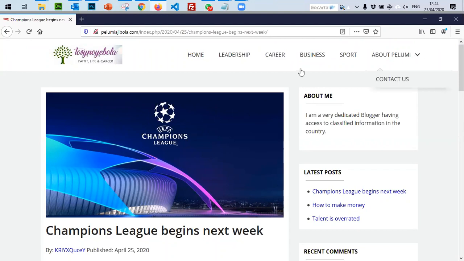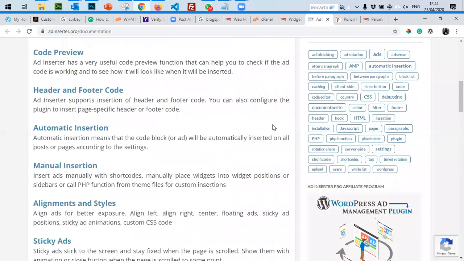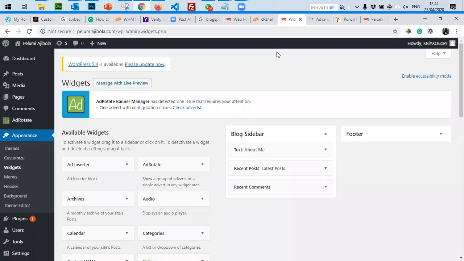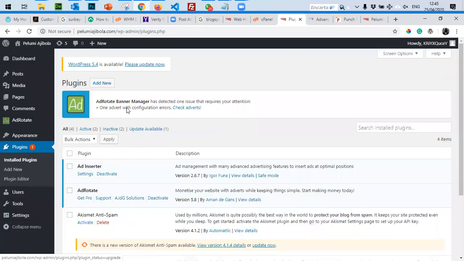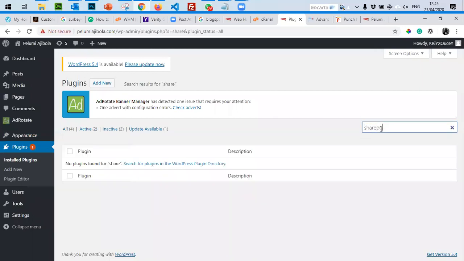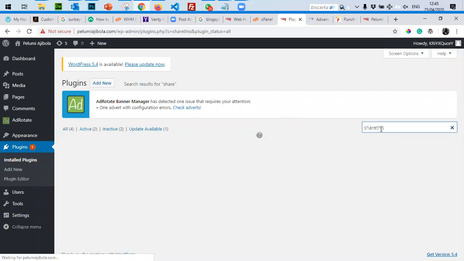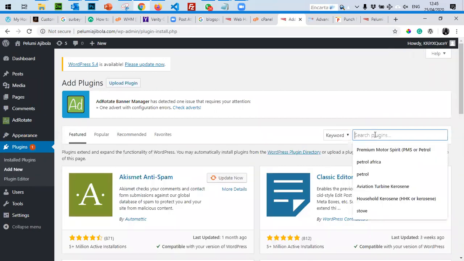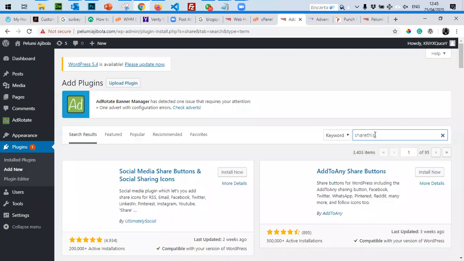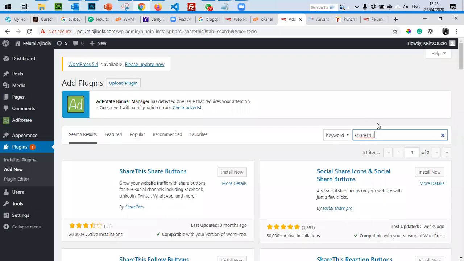So for our class today, I believe I've covered all the questions that were asked. There's only one thing left here, which is to be able to add a share this functionality. You also have to install a plugin around that. You look for a plugin that says share post or share this, because share this is the popular plugin for sharing your post on social media.